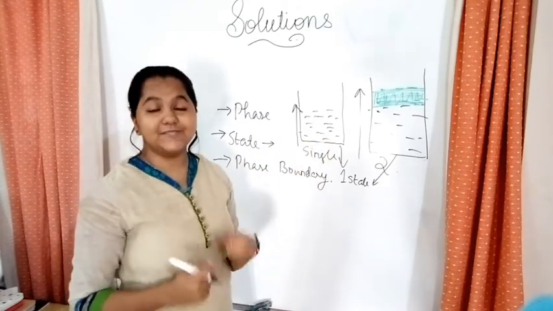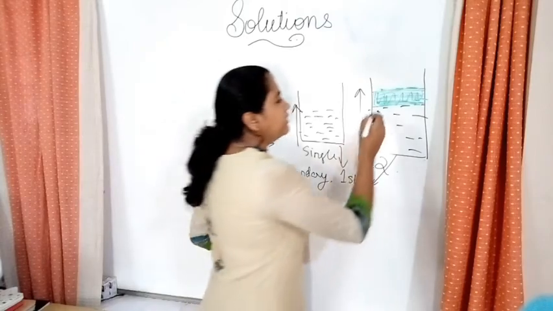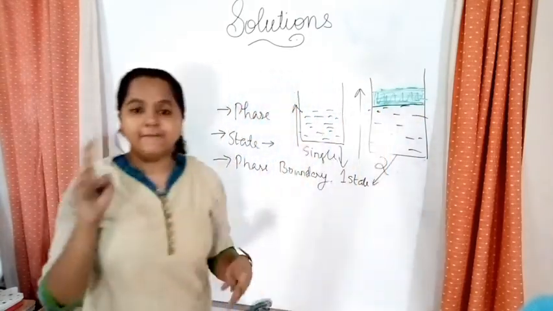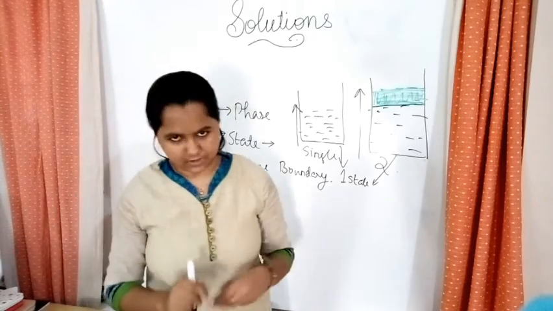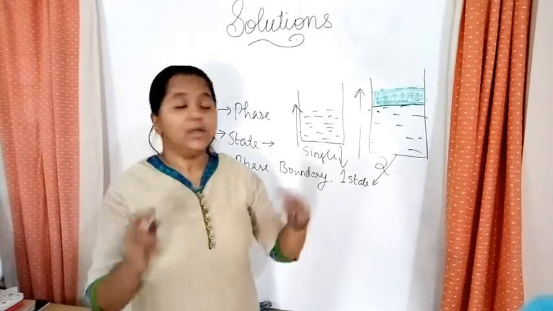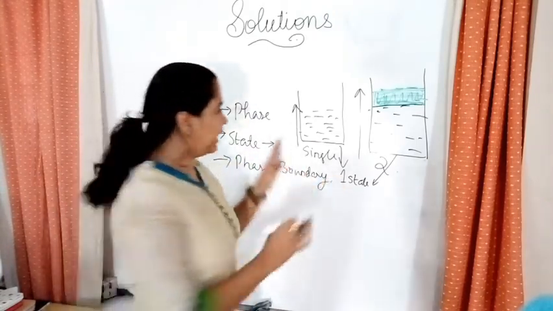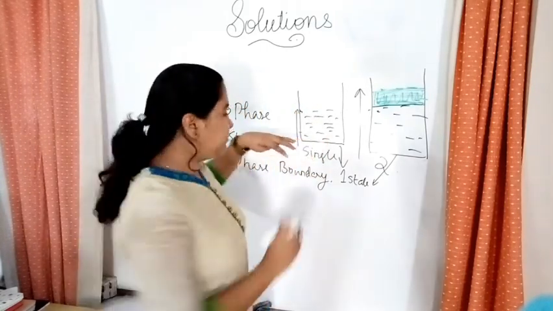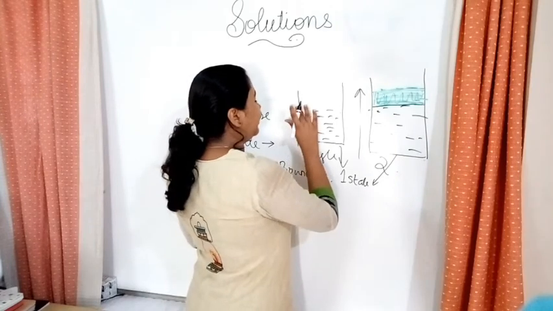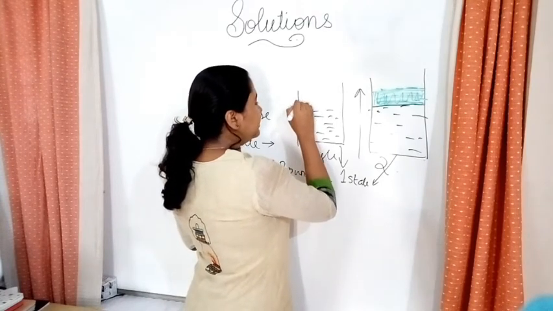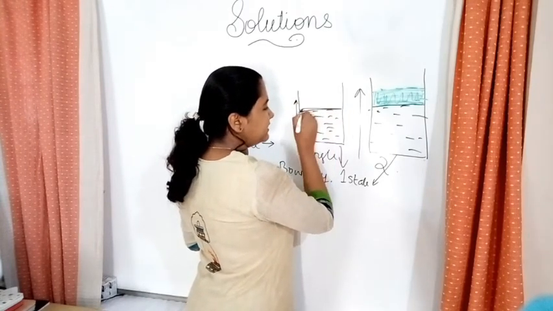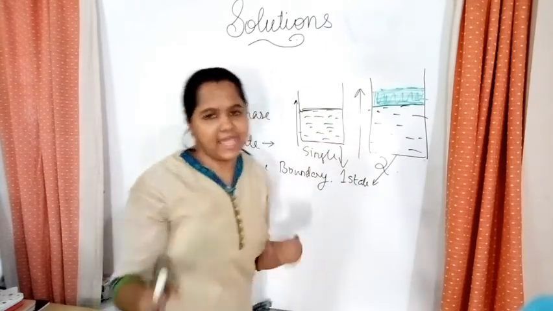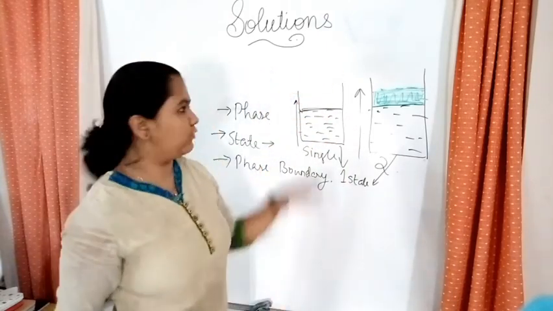Now let's see what's phase boundary. This portion that divides two different phases is called as phase boundary. Okay, I'm just moving from here to here. And now if I move a little more upward, this is a phase of water, and over here it's atmosphere. In the atmosphere, what is that? Air. So there's two different phases over here also.